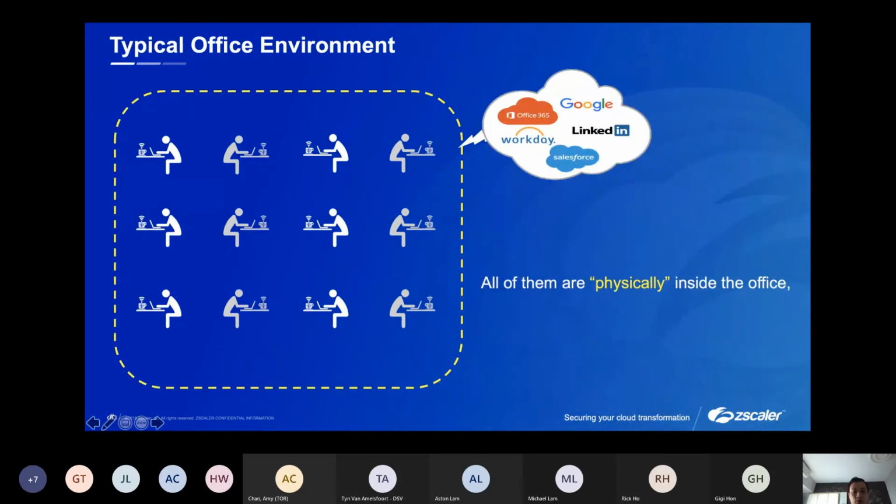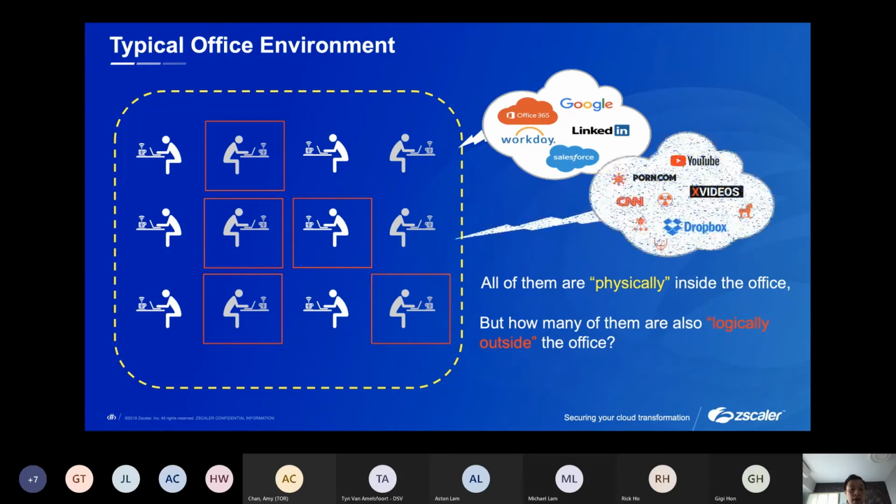so that even if the user is granted a laptop, no matter where they are. For example, I heard from many customers, even when users are in the office now, because they have a laptop that they can bring back home, even if they're physically inside the office, there is a chance that they can always use their cell phone, Wi-Fi hotspot, or the Wi-Fi from 7-Eleven, if your office is just next to 7-Eleven, for internet access. Even with that kind of internet access when they're in the office, we can still protect the users with Zscaler.